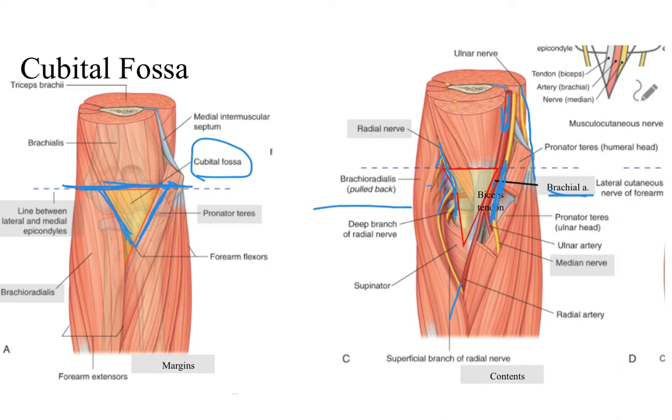So in terms of nerve and blood supply, it's going to be from lateral to medial: radial nerve, brachial artery, median nerve, and in between those, you're going to have the tendon of the biceps brachii. So all together, you have the radial nerve, tendon of biceps brachii, brachial artery,